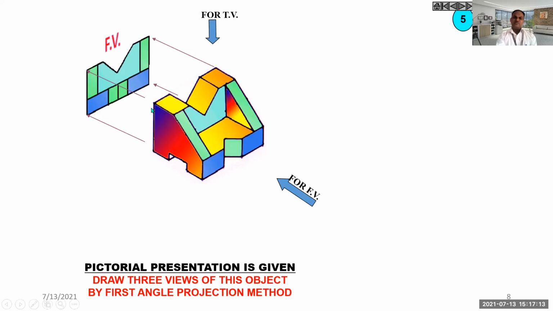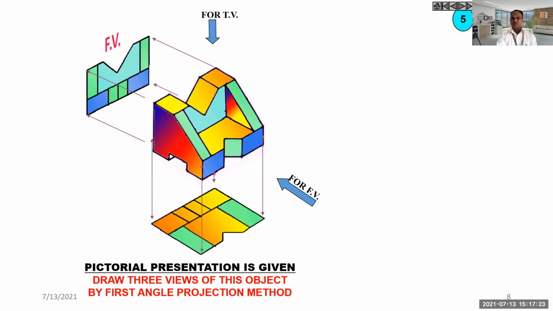Similarly, in top view, this yellow portion, this yellow portion, this small portion, and this yellow portion will be visible. So it will be shown like this. So this is a rectangle. There's a small rectangle inside, and this is one edge. This M portion is there, and the side portions are there. These are called ribs that we have to show as rectangular ribs.